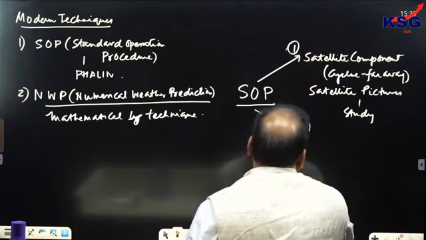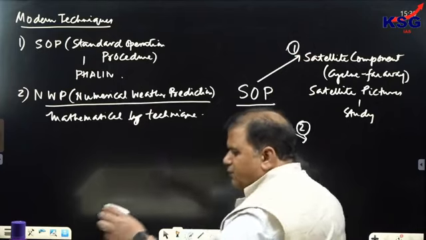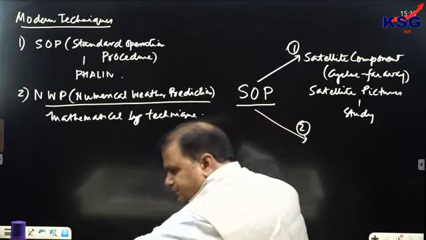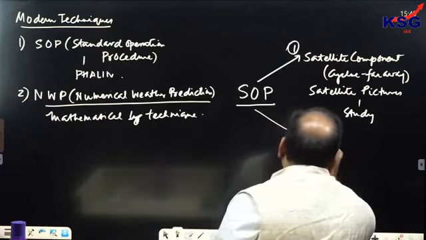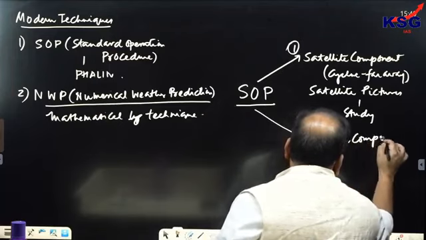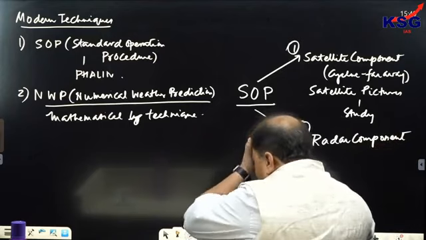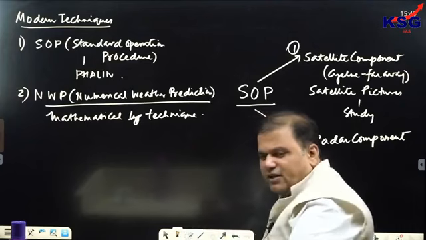The second component is not the satellite component. The second component is referred to as the radar component. Radar component means that when the cyclone